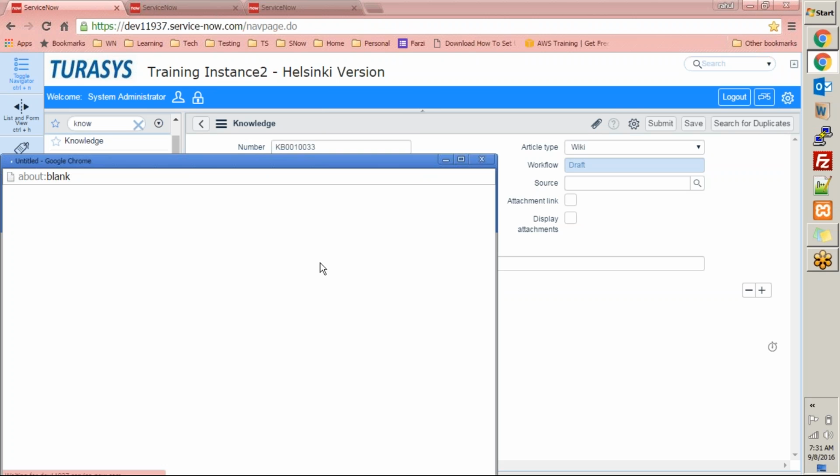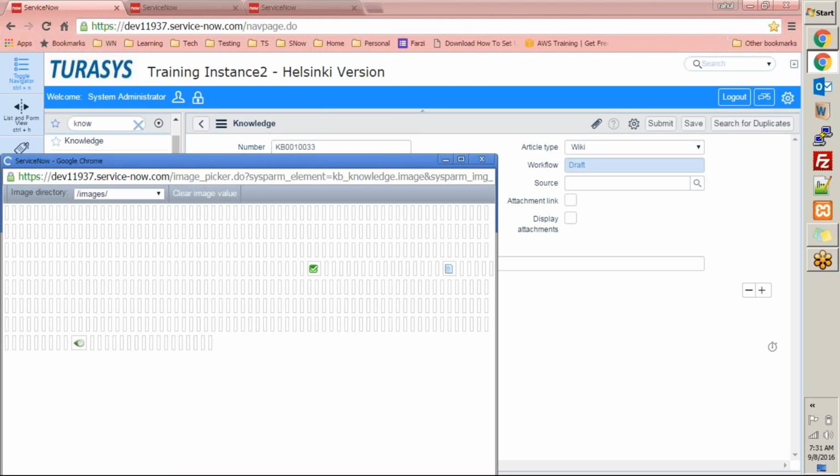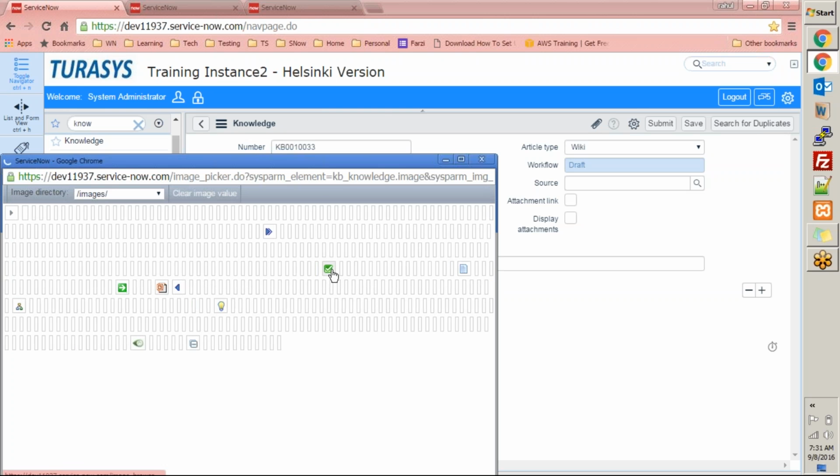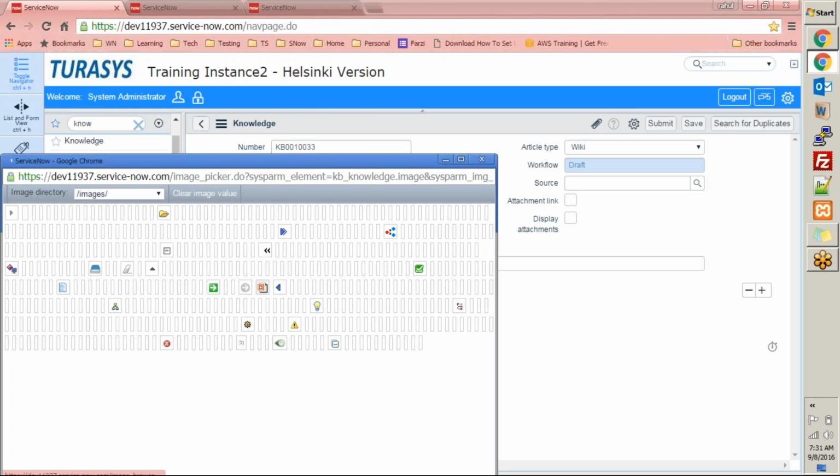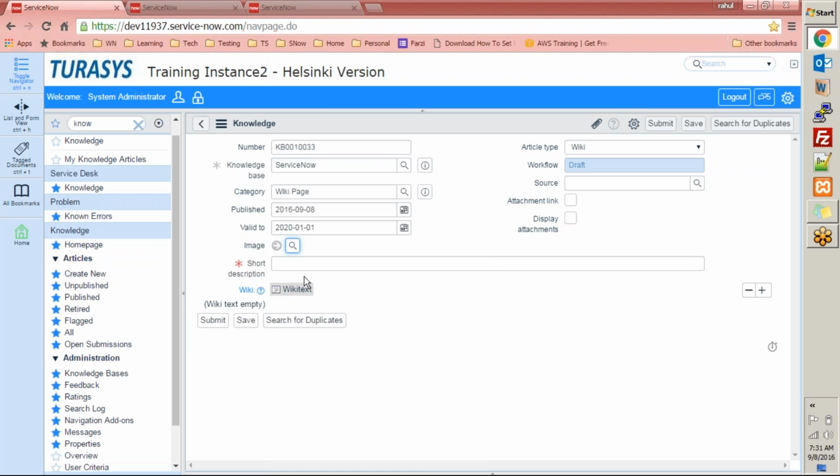And if you want to attach any image to it, you can put any image from the list of images here, or you can upload one image. So let's put this icon here. Short description: how to create a sample wiki page,